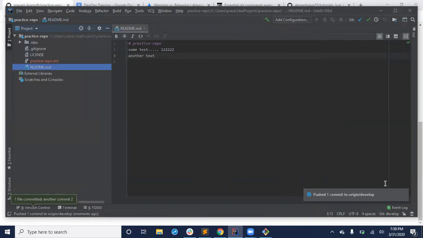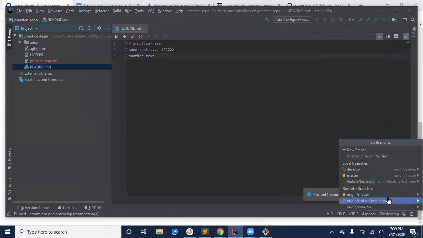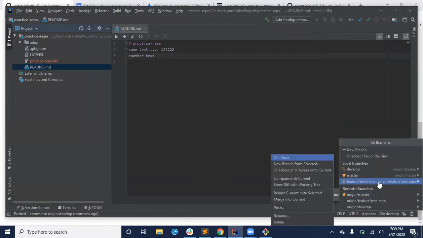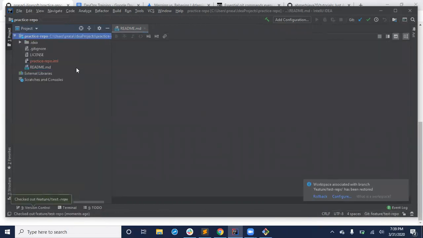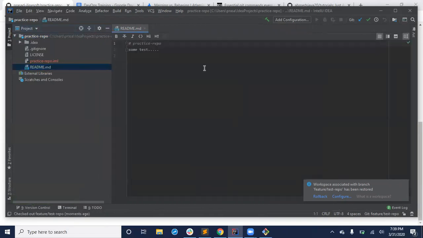Basically, what I want to show is I want to get this data of the develop branch into my feature branch. I just want to show that. So that way you see how easy to do in git merge. Now in my feature branch, if you see my readme.md, it is something else. Let me change the view. It just has this data. Now what we can do, right click on this,